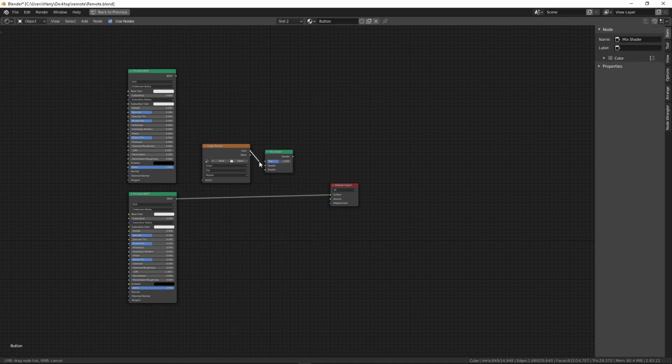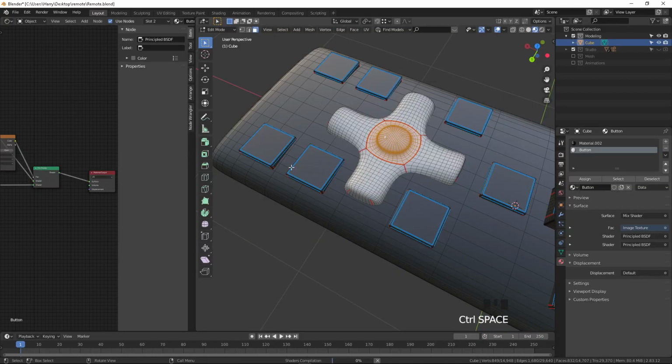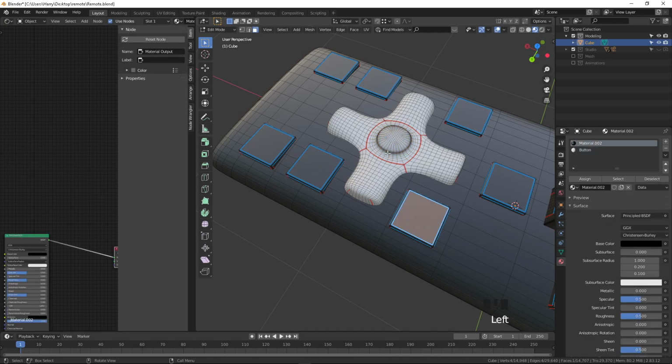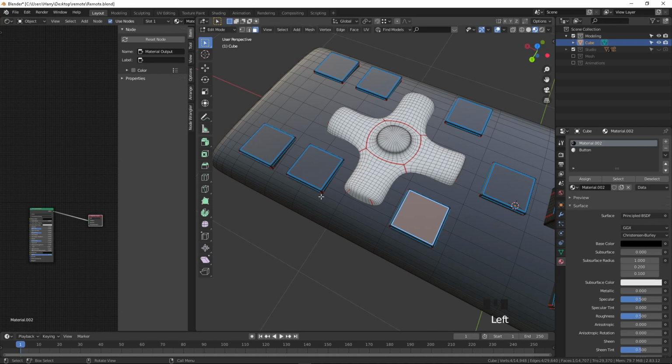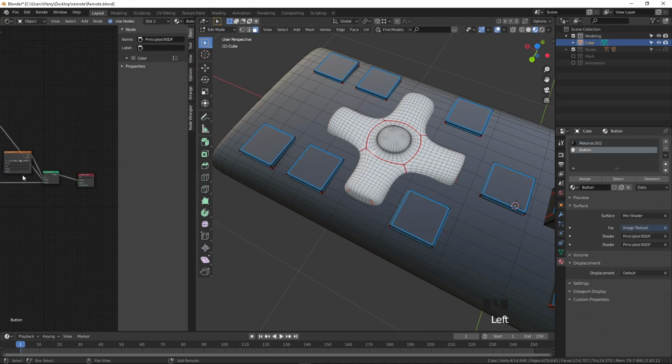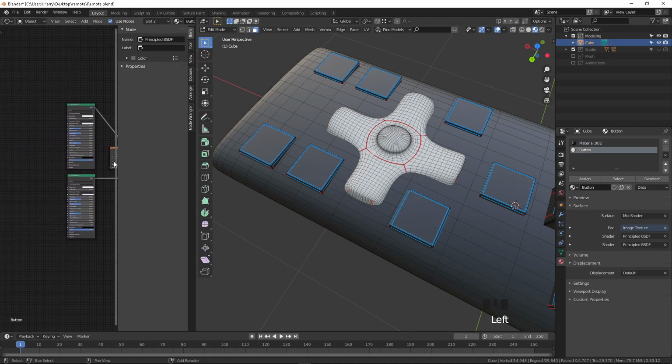Using this I'm going to fix this color to the factor, and connect this shader to the surface. I'm going to connect this one to bottom, this one to top. Now press Ctrl Space, and you can see, wow, it looks the same. Yeah, absolutely it looks the same, because I have not assigned the value, I have not changed the color actually.